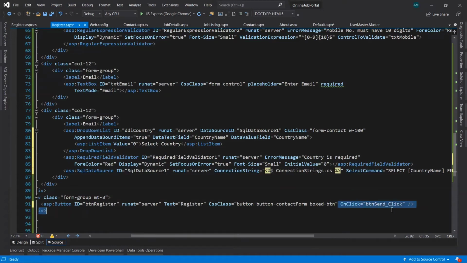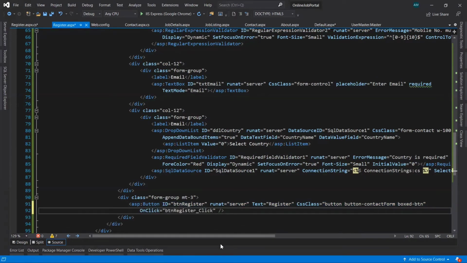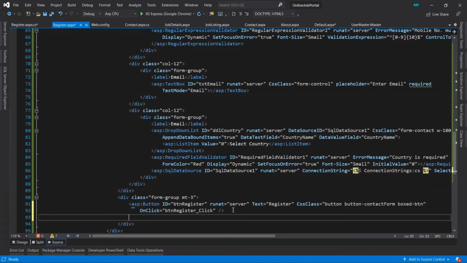Remove this OnClick event. We'll create it again. The event has been created on the .cs page of register. Let's save it and then run it in the browser. Press F5.